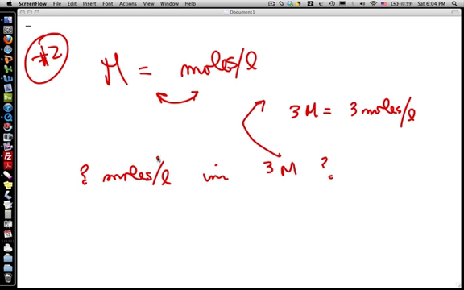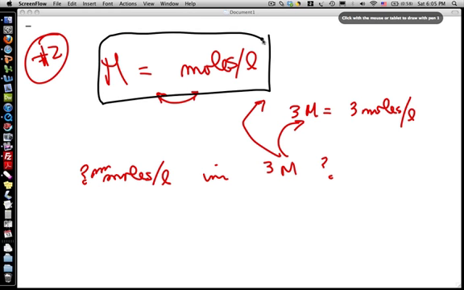In other cases, it could say how many millimoles per liter are there in 3 molar. And the first thing you do is just that, that switch. And then you'd have to do the math. You'd have to convert from moles to millimoles. And you'd be all set. So sometimes number 1 and number 2 are combined. Sometimes you need to do this as part of the problem and then do a simple conversion. Then the final third example of molarity